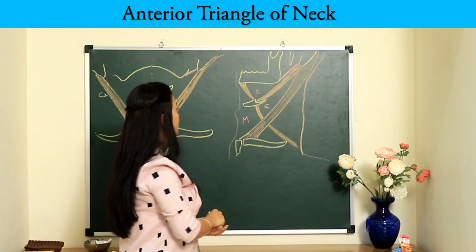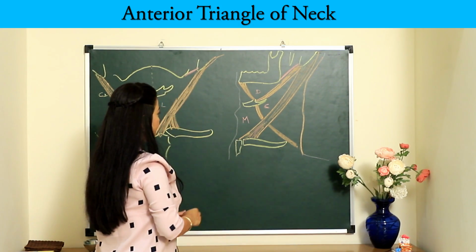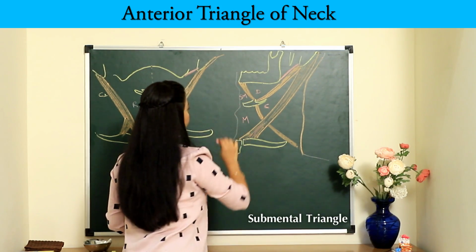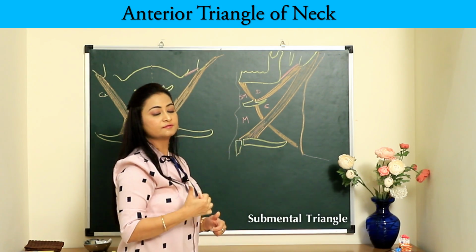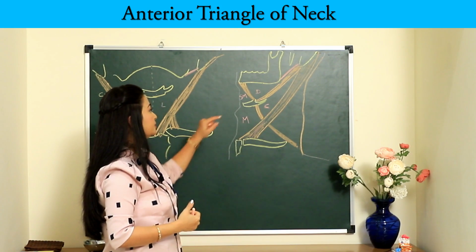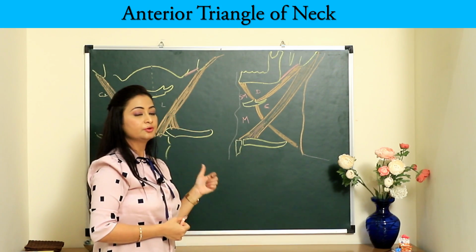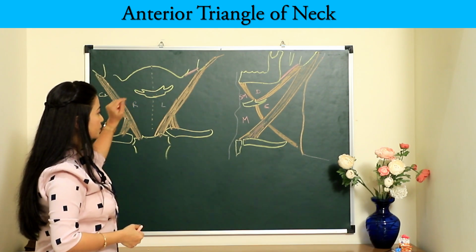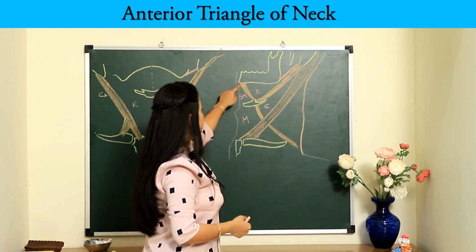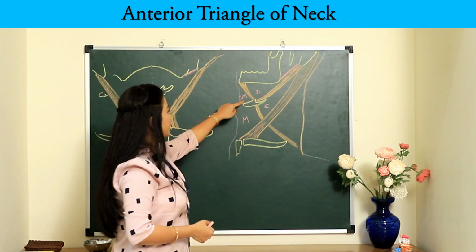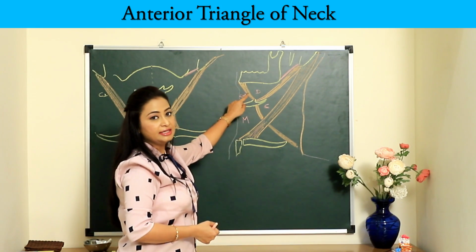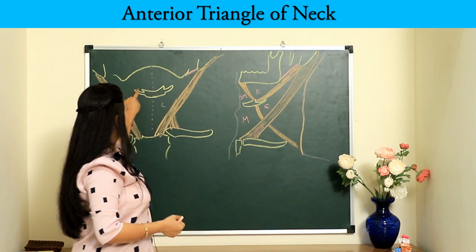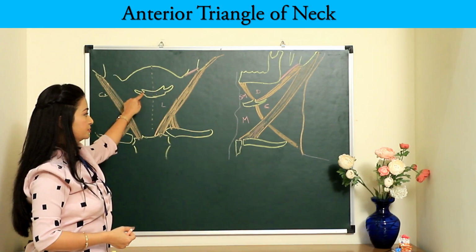Now we also come across another, fourth triangle known as the submental triangle. Actually, to be precise, it is only half of the triangle that we can see over here. The other half will be contributed by the other side, and which will complete the submental triangle over here, right? So the submental triangle is bounded on both sides by the anterior bellies of digastric, and the base will be formed by this hyoid bone over here.